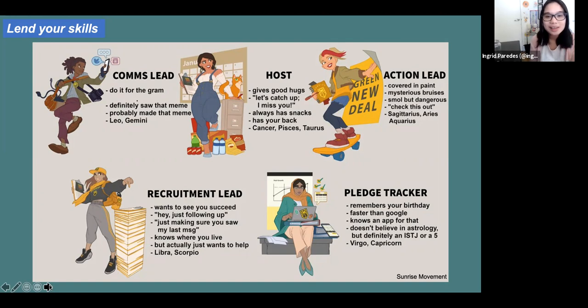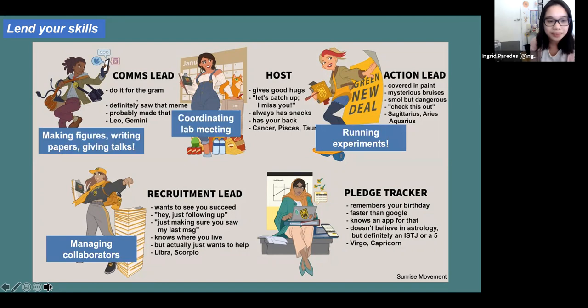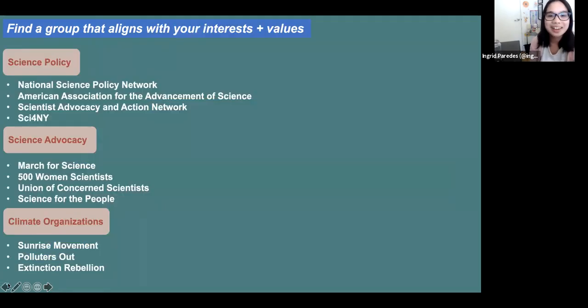When I looked at this, I was trying to find where I might have fit in. And to my surprise, I found myself thinking about a lot of the things that I do in lab every day. That really helped me, and also the volunteers I've been working with, think about how as scientists, we can take our scientist hats and bring them to places outside of the lab. So Sean, you can click through the next couple of animations. I'll just walk through them individually. Oh, sorry, you can go back.